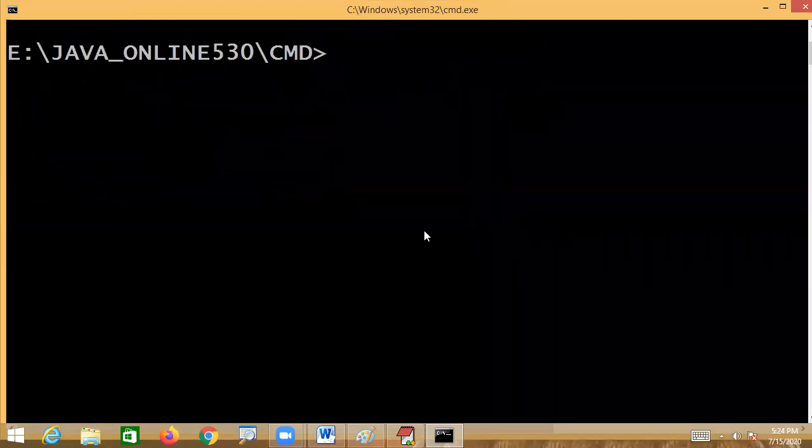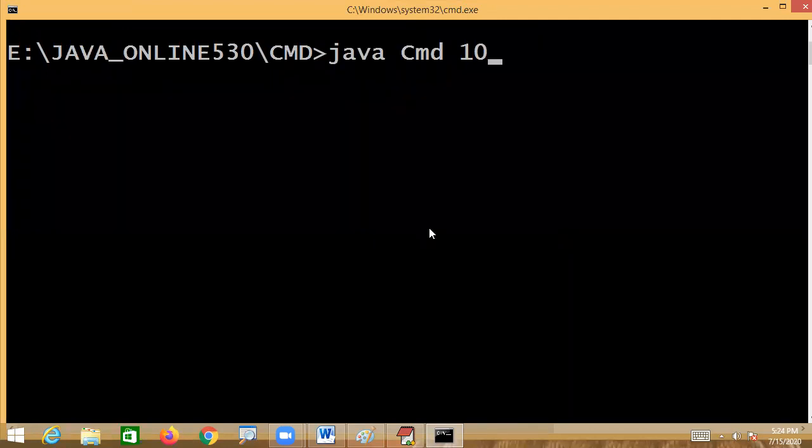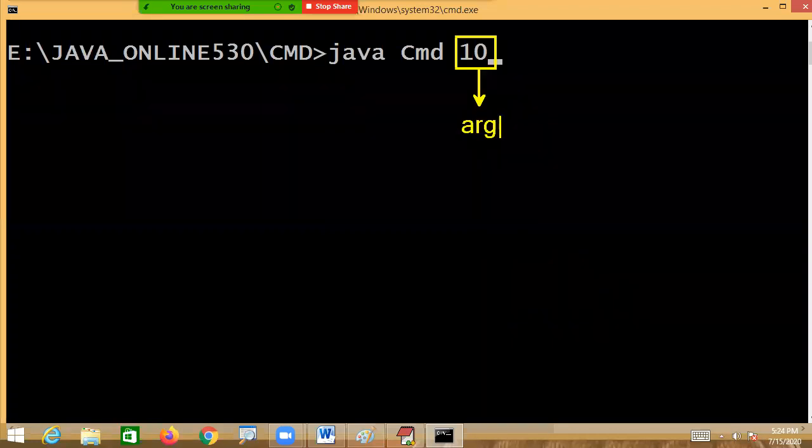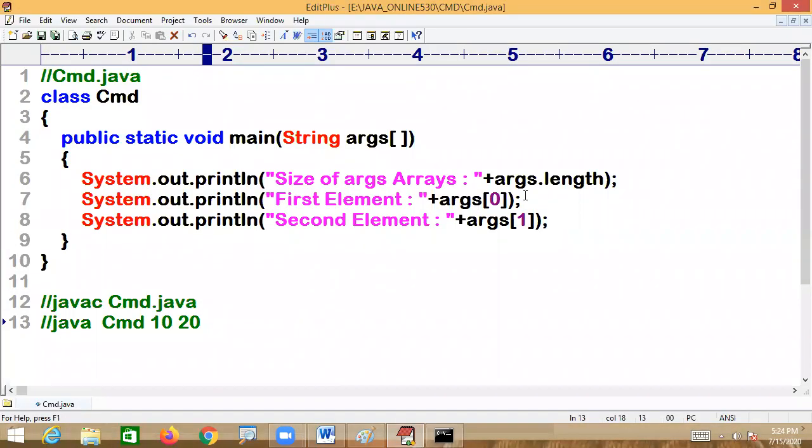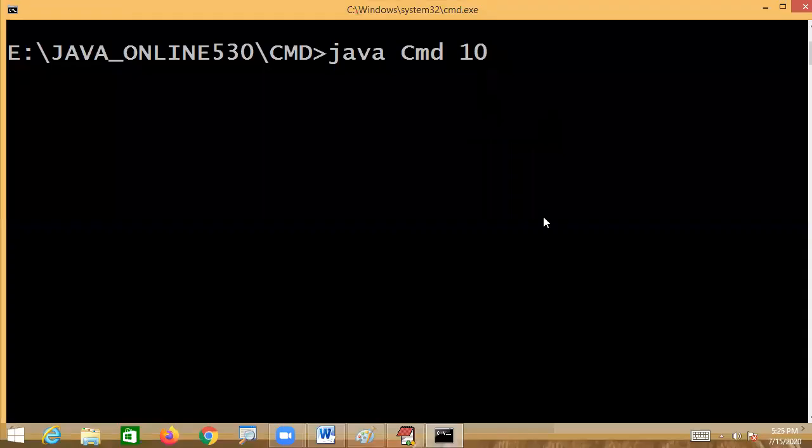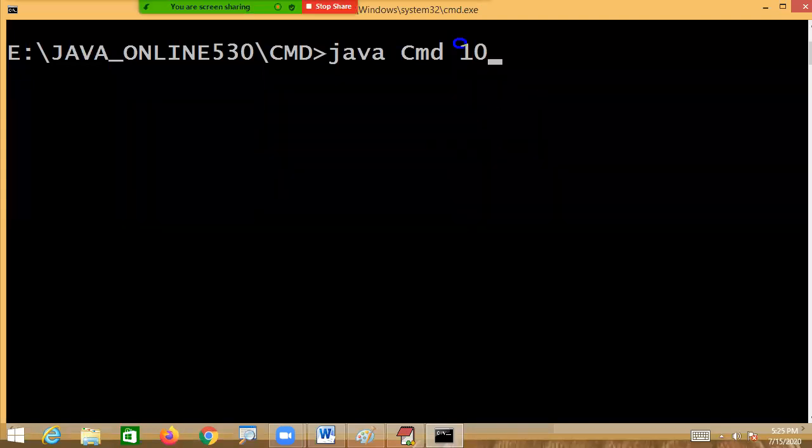But in this case, once again, guys, I am passing only one element. This element will be stored at args of 0. But in your code, what have you written? args of 0 and args of 1. But you have passed only one value, which will be at args of 0. Do we have any element at args of 1? No. Then immediately the JVM will raise an exception saying